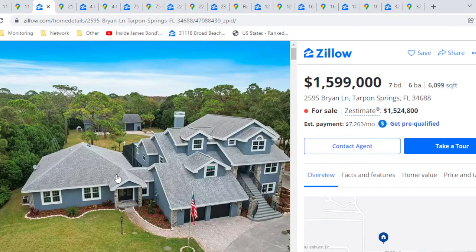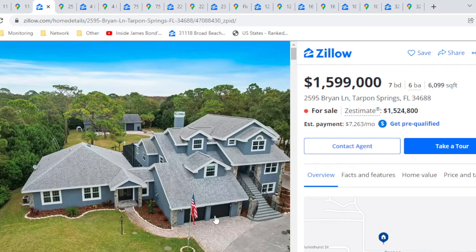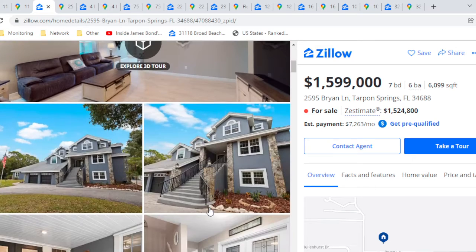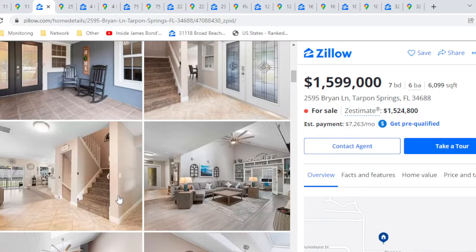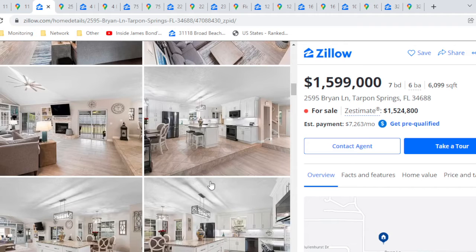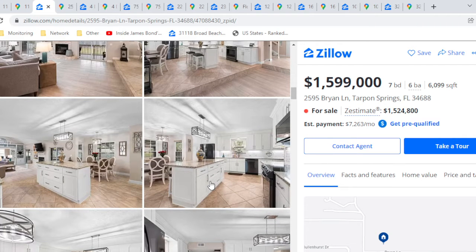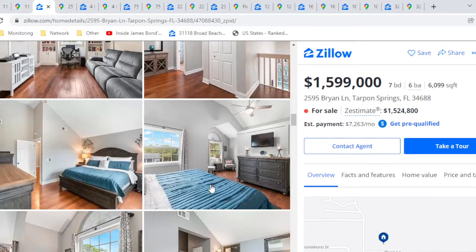Next up, this one for a while was the number one house because I like the location of it. It was up here near Clearwater. I like that beach quite a bit, and near Tampa, so you have all that stuff going on with a bigger city. But the house is just kind of fugly. I just thought if I pulled up to this every time, I'd say it's fugly, and I just could not wrap my head around it. And the inside, they just kind of whitewashed it and just did let's make it safe and gray and neutral. The kitchen's okay. I don't know, it's just a little bit too...